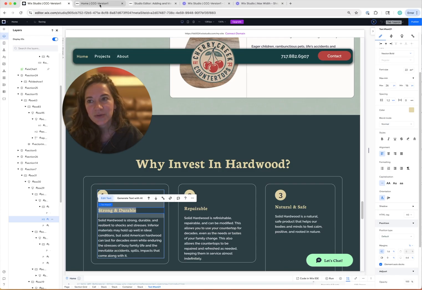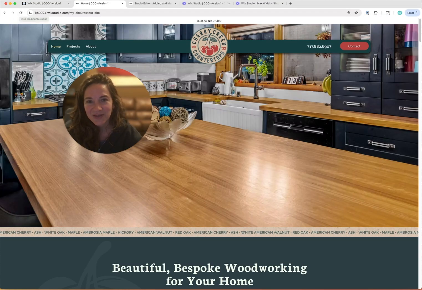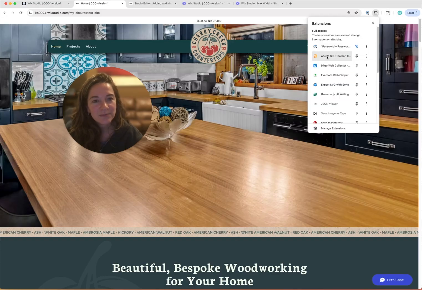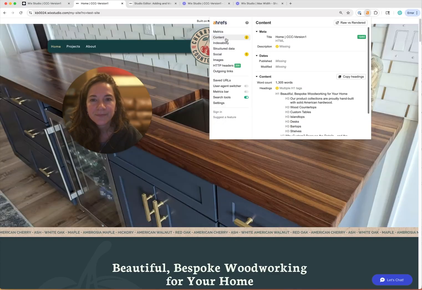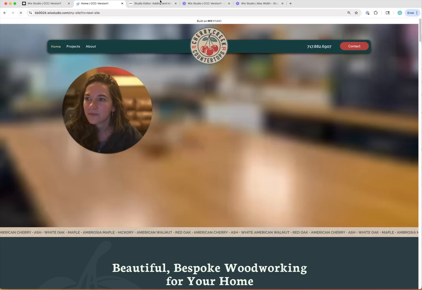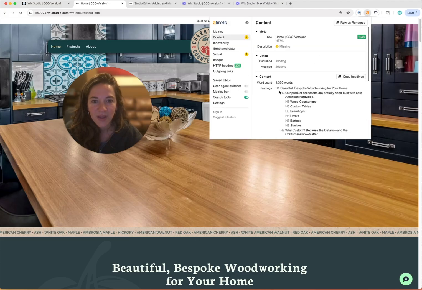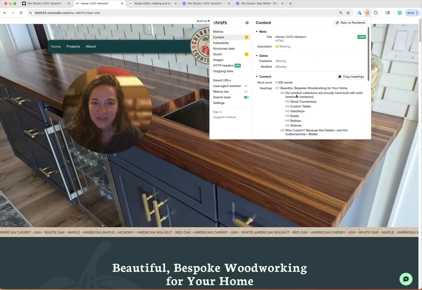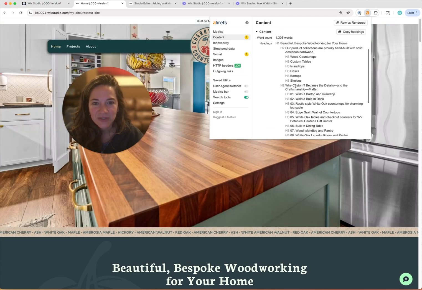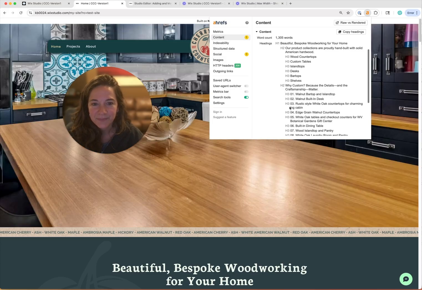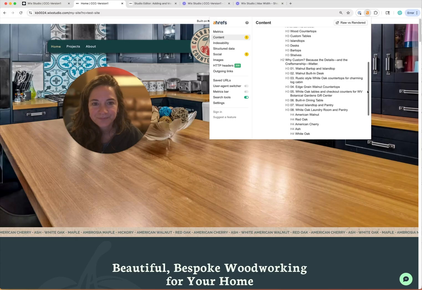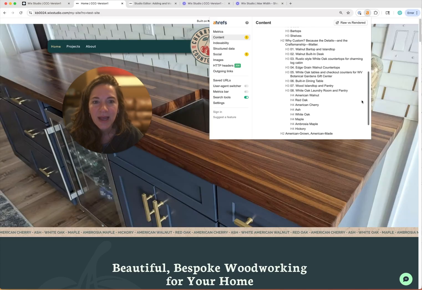So that's going to be on a new page here. And then I'm going to use my extension. And you can see, oh, it might not have refreshed. Okay, we now have an H1, an H2, H3s of the types inside of that. Then we have another H2, Y custom, and then the actual projects. Then we have